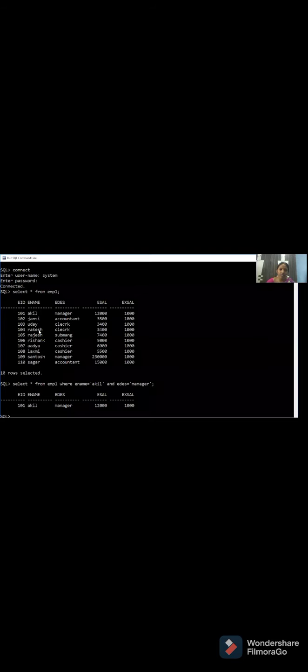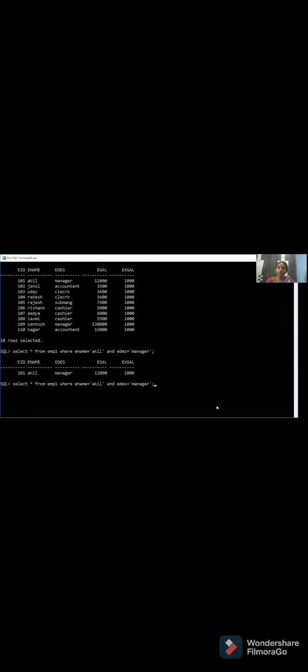In the same fashion, all the values are compared. Here the employee name is Santosh and here you have Akhil, so Akhil is compared with Santosh. Are both the same? No, false. And for employee designation equal to manager, here the designation is manager, so this condition is true. This condition is false and this condition is true. Overall, if you are combining false and true, it is false only, so this row is not getting into your table. Clear on the AND statement?